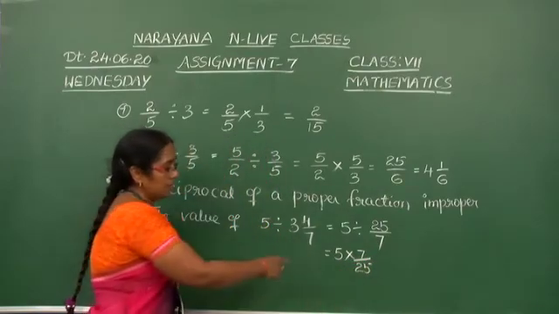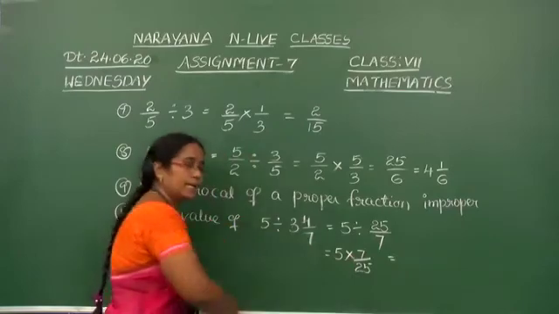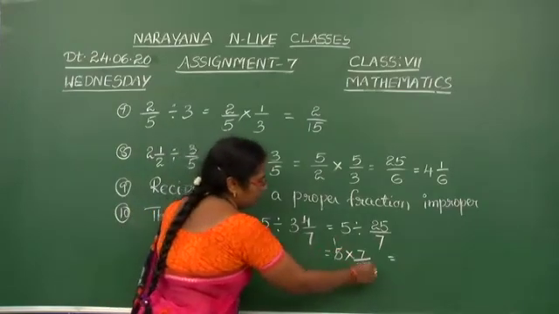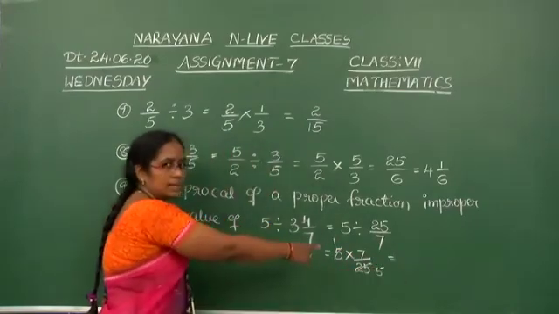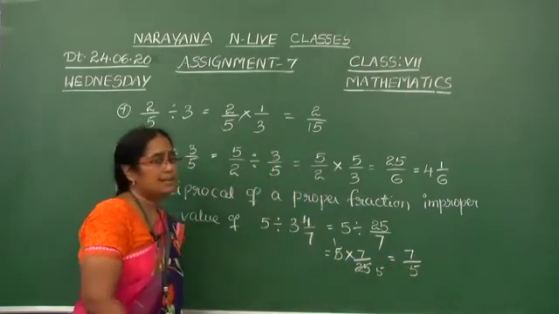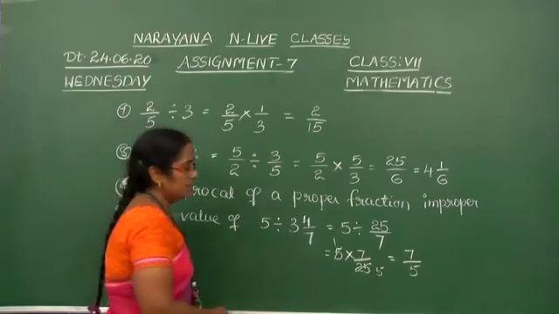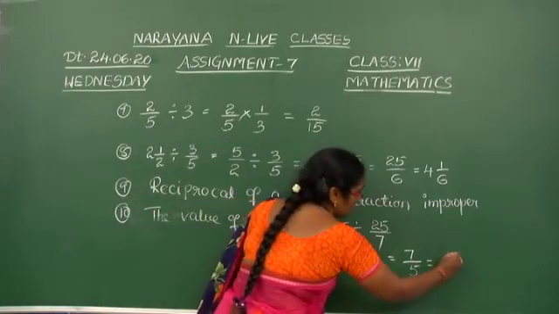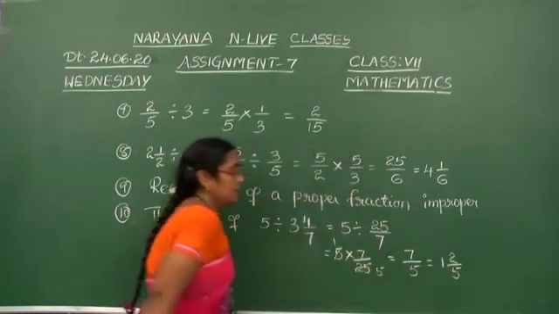Now simplify. 5 into 25 can be cancelled. 5 ones are 5, 5 5s are 25. So what is left here? 7 by 5. So 7 by 5 is the answer. If you want, you can convert into a mixed fraction also. That is 1 2 by 5. Okay. So this is the key of